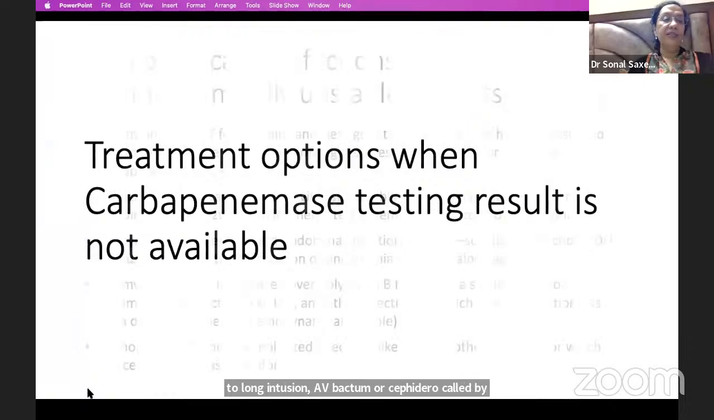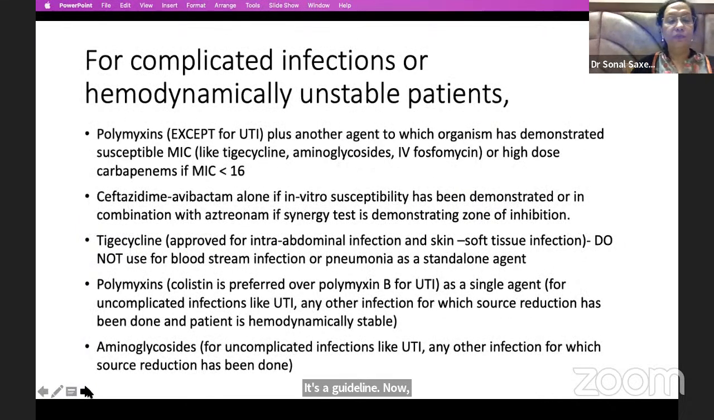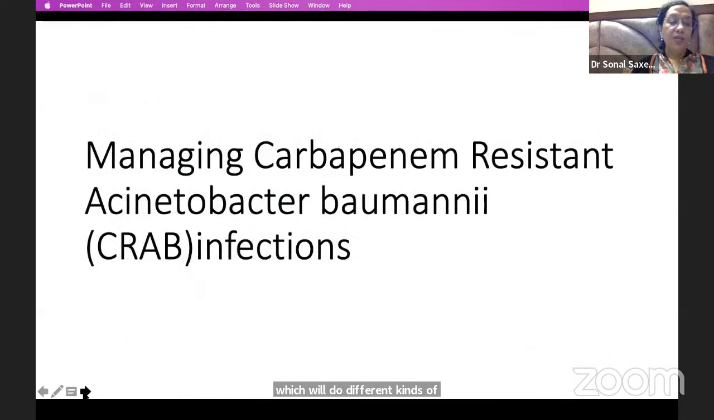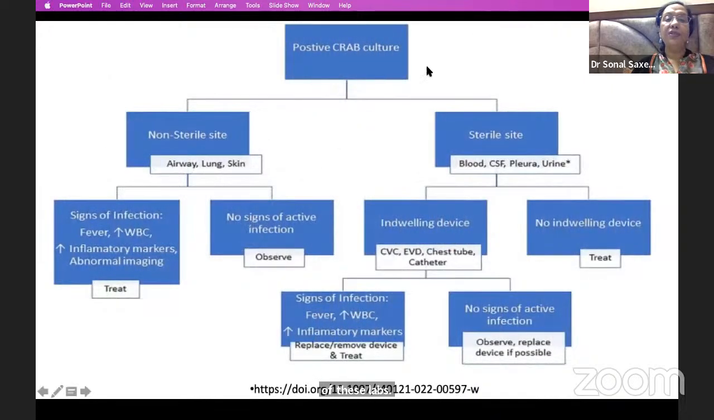Now, when this testing is not available, what do we do? We stick to the same principle. The principles will remain the same, which have been given by ICMR, because they understand that there are various kinds of labs which will do different kinds of testing, and every test may not be available in each of these labs. So, when you look at the CRAB infections, always remember